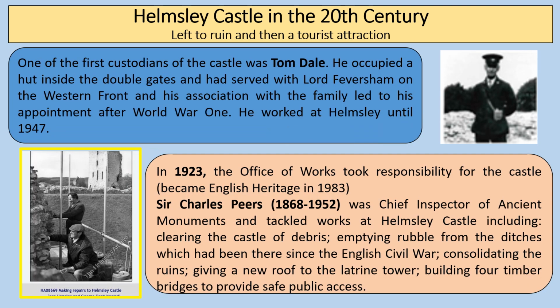So one of the first custodians of the castle in the 20th century was Tom Dale, and he occupied a hut inside the double gates. He'd served with Lord Feversham on the Western Front, and his association with the family led to his appointment after World War I, and he worked at Helmsley until 1947. Now in 1923, the Office of Works, which was a government organisation, took responsibility for the castle. Now this became English Heritage in around 1983-84, and a real key individual was a man called Sir Charles